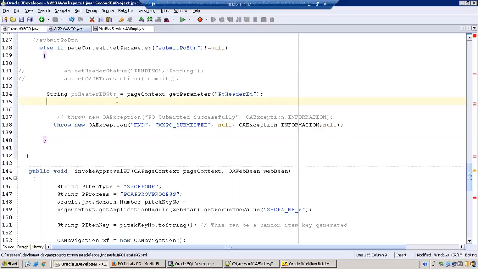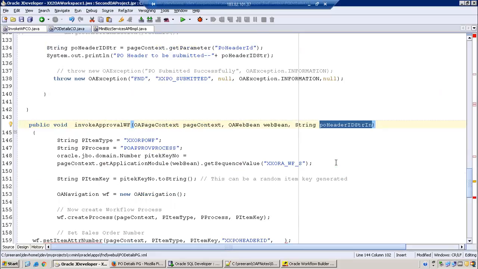Okay. PO header ID to be submitted. Now in this invoke approval workflow, I'll pass the PO header ID also. But this is a number parameter.